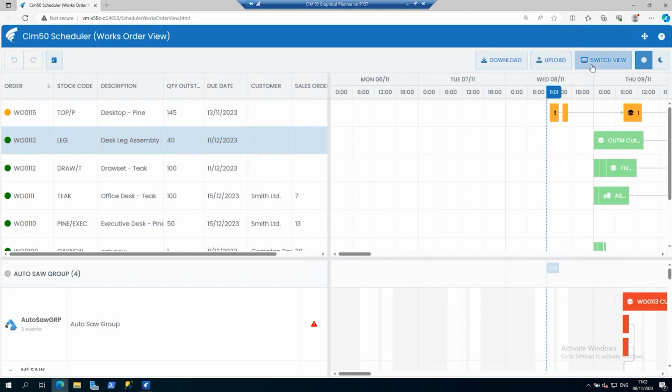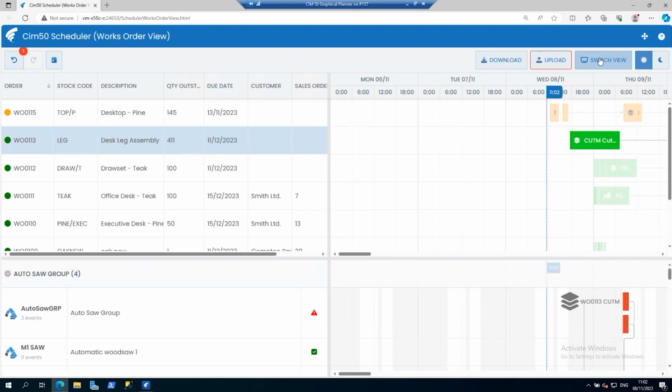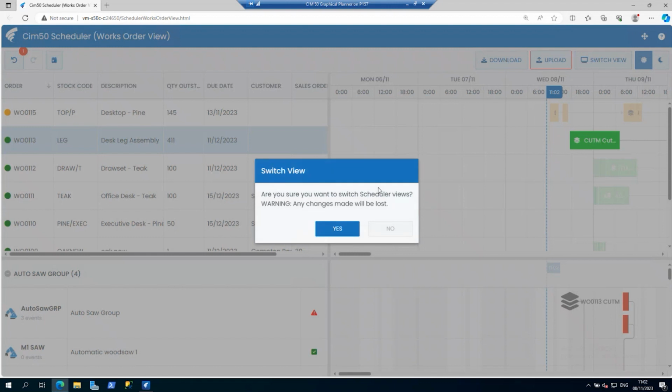I mentioned earlier that there were two different views on the system. At the moment, I'm in my scheduler works order view. If I want to switch the view to look at the utilization view, something that it will do is, when it switches views, it will automatically reload the data. So when I'm switching views, before I switch, it will always come up with this warning to say,